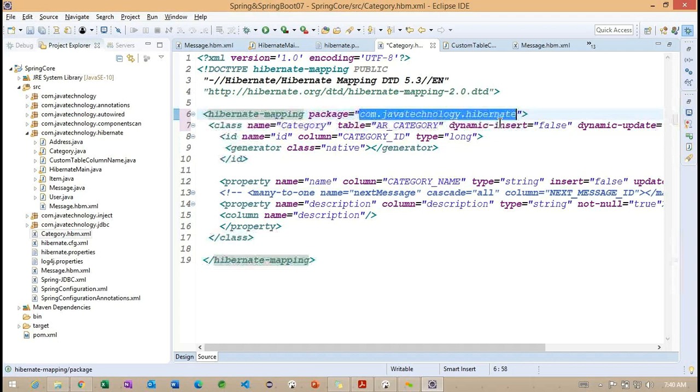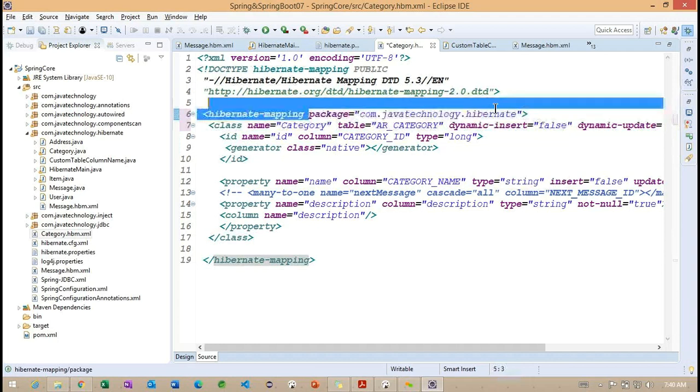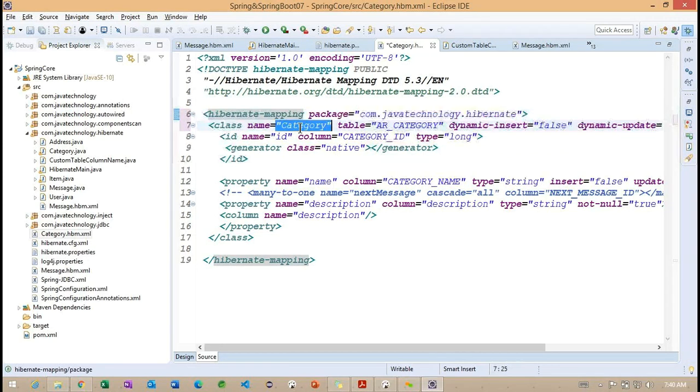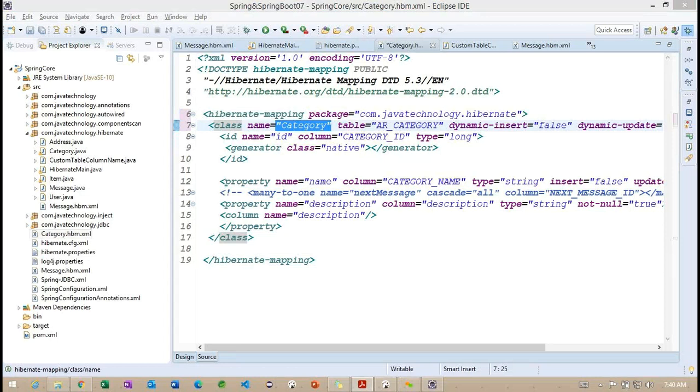We don't want to provide the particular package name one more time here. So this is a common place to define the package name. So directly we can work on this particular category section. So this is also important here. Instead of defining in multiple locations, we can work in the single location here. Right.